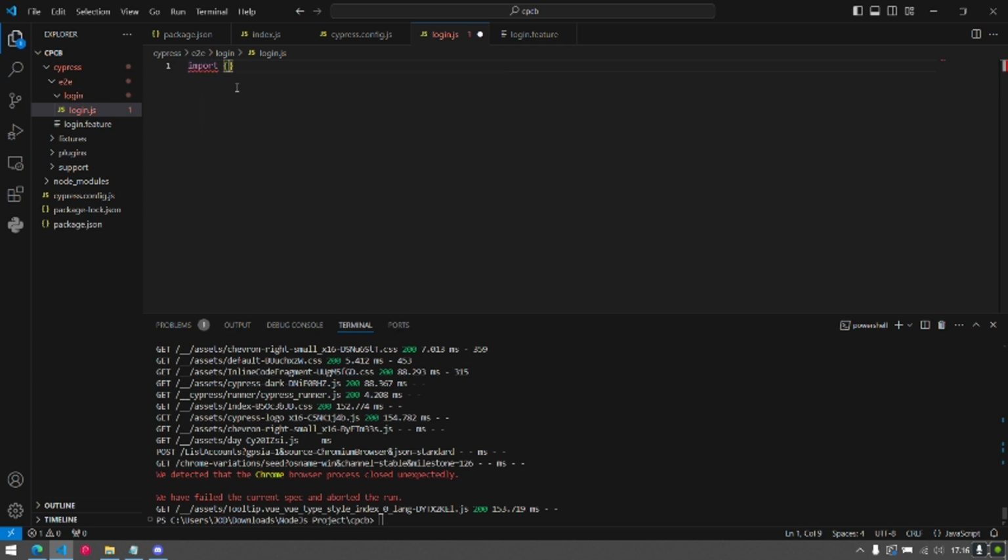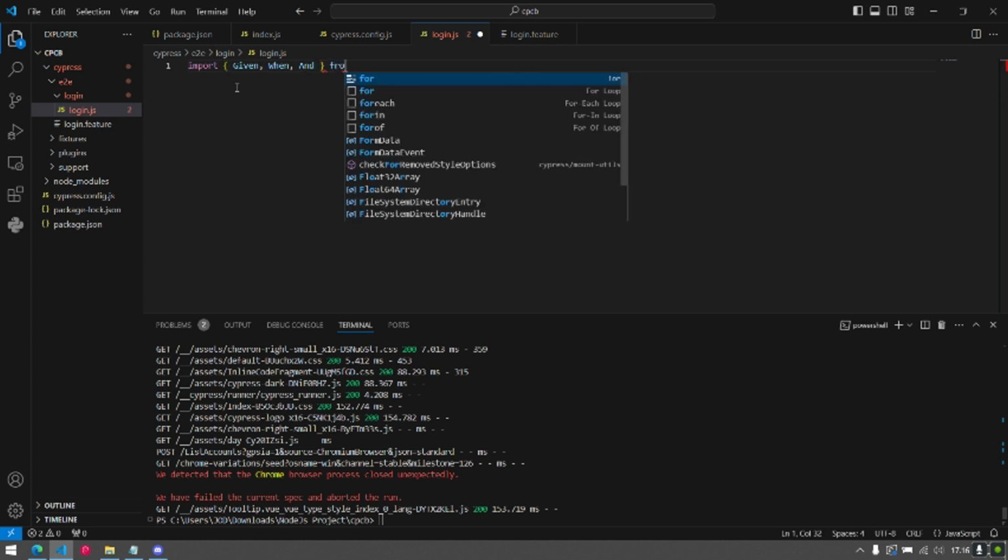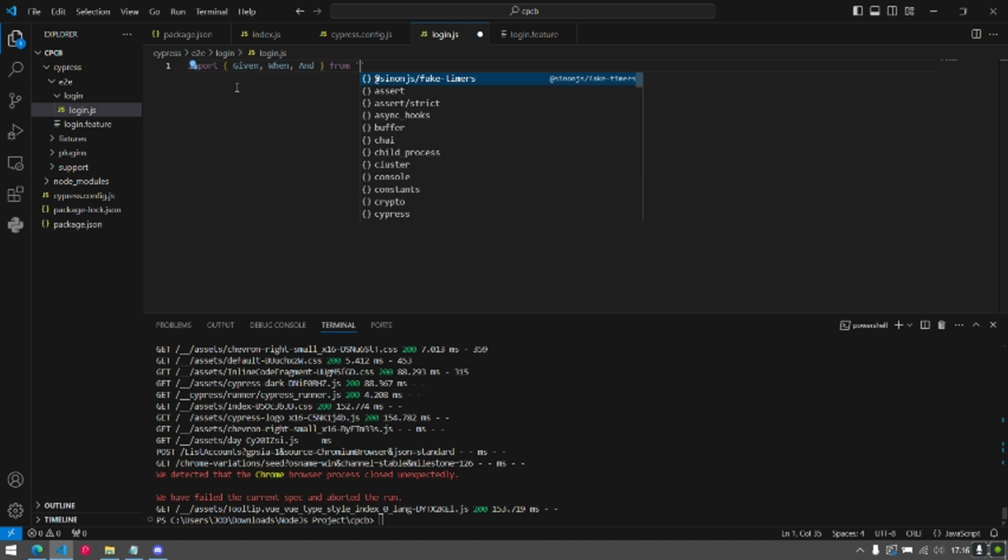Okay, we have to call those scenarios we have declared before. We use 3 scenarios right before: Given, When, and Then.